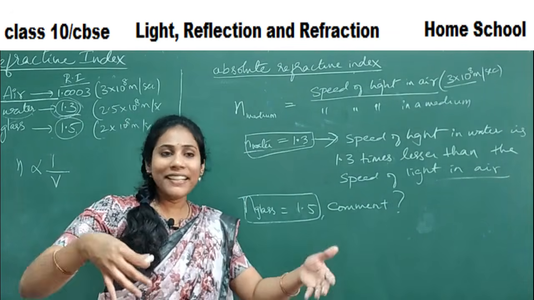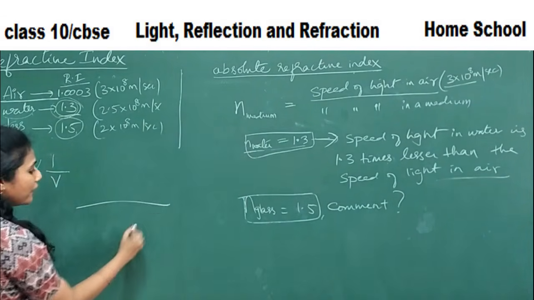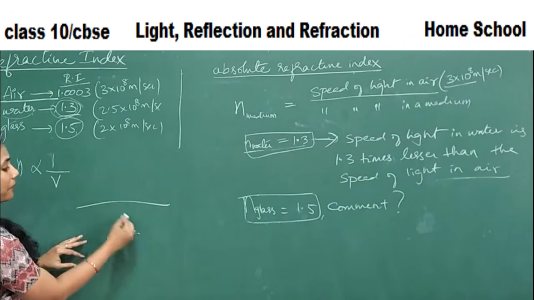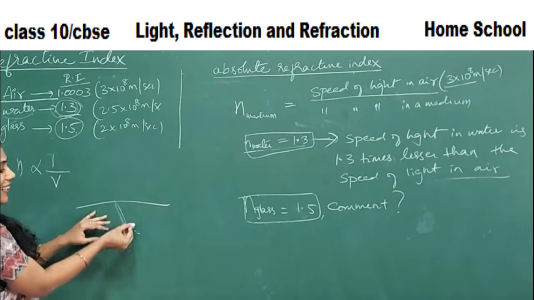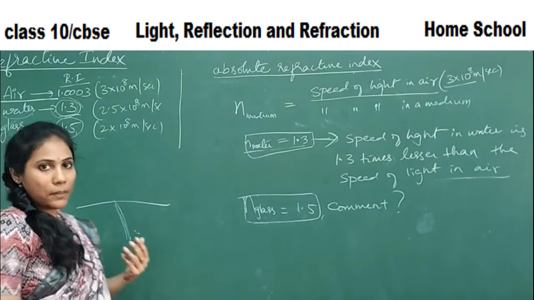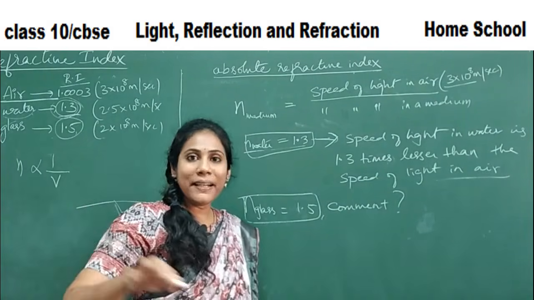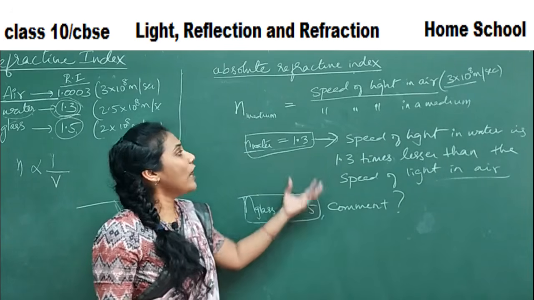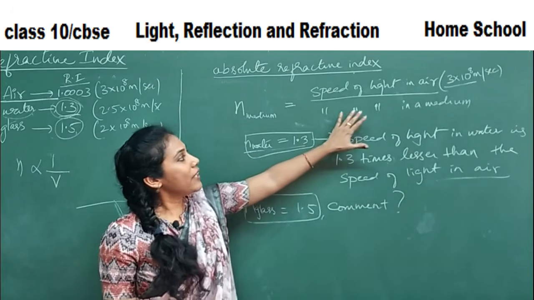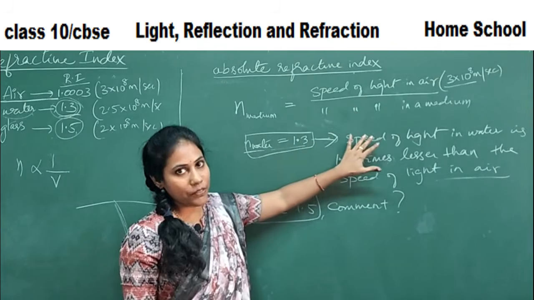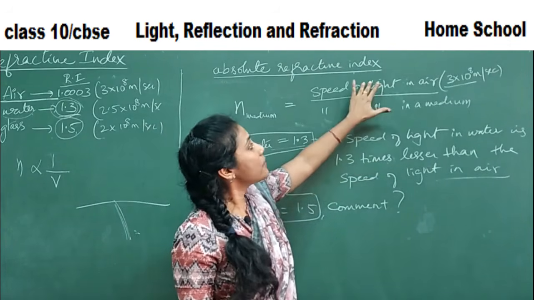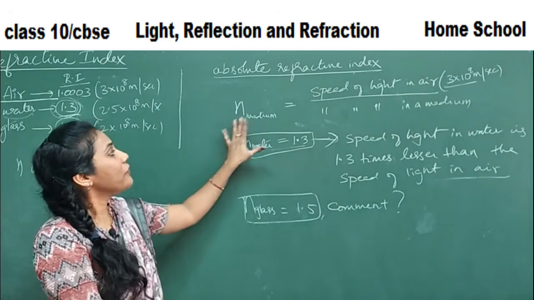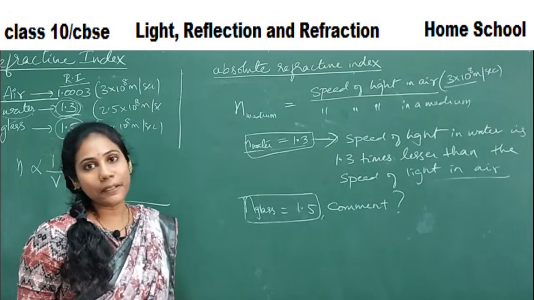If the speed of light in the second medium is lesser compared to the first medium, then only the refracted ray can bend more towards the normal, right? So automatically, bending of light is related to the speed of light only. To what extent the speed of light is decreased compared to the speed of light in air gives the calculation of the refractive index of a particular medium.